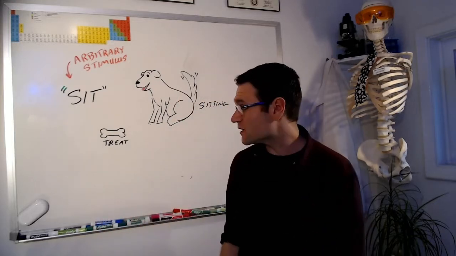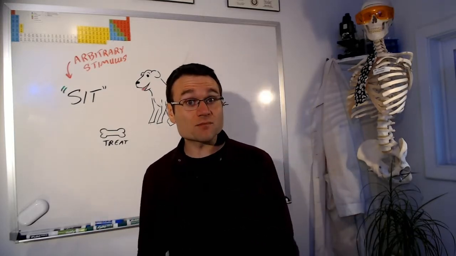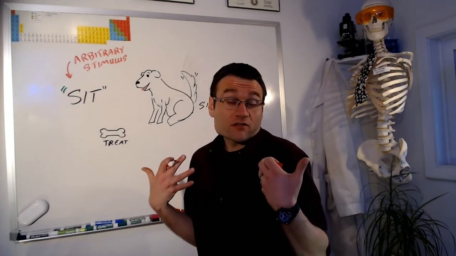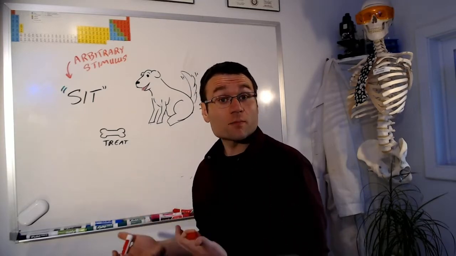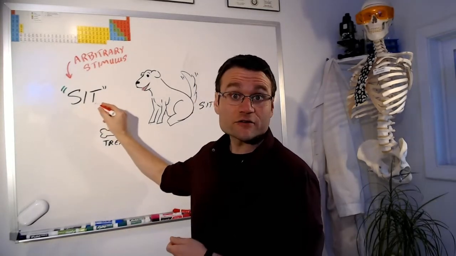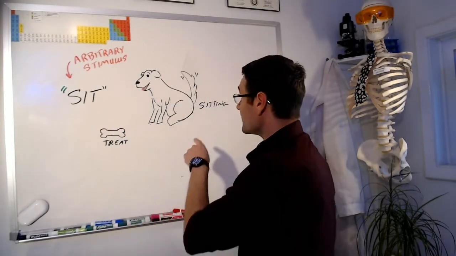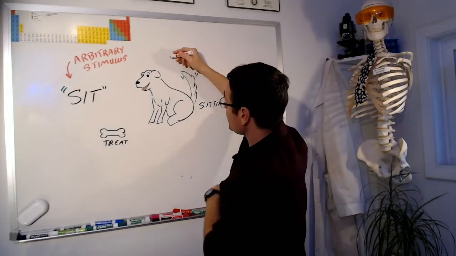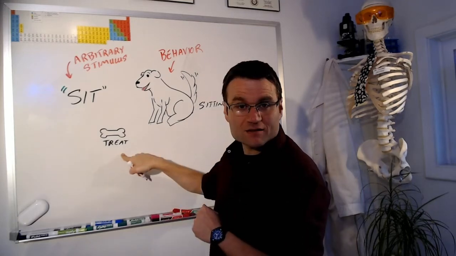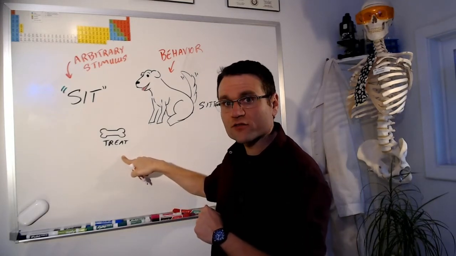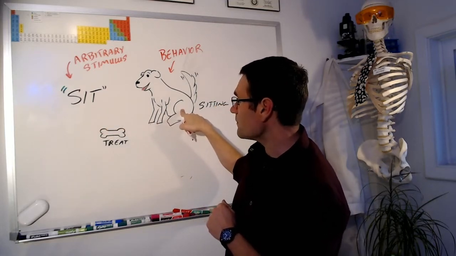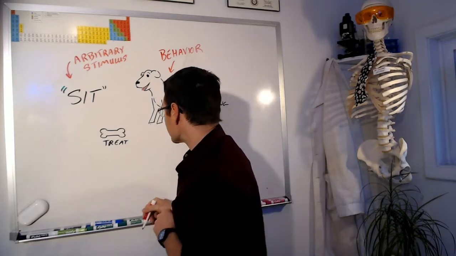It could be anything. You could tell them pina colada every time they sit down, and they will sit when you say pina colada. The word is meaningless. My dog responds to English commands, but my brother's dog responds to commands in a different language because the words don't really mean anything to the dog. It's an arbitrary stimulus. The actual sitting, though, that's a behavior, right? Sitting is a behavior. We can't just train a dog to sit with association between the stimulus and the behavior itself. We need something like a reward or punishment.